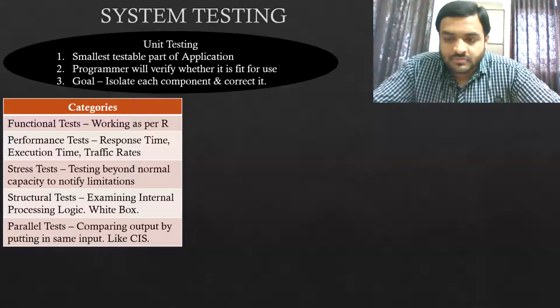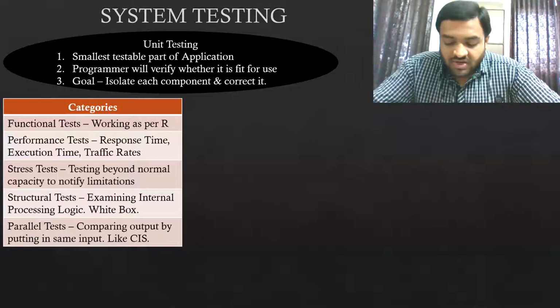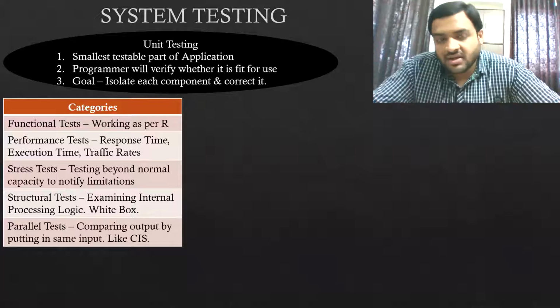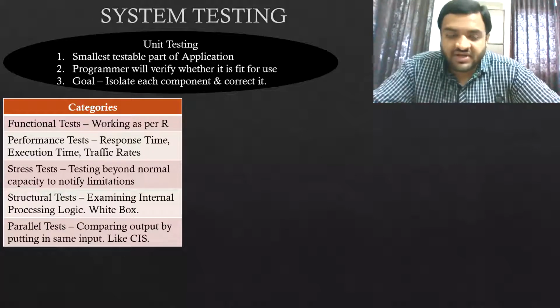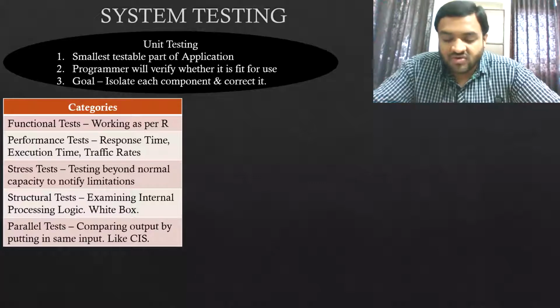Chapter 3, output controls. Yes, output control or communication control? Communication control, sir. In communication control, we had channel access control. In that, we had pooling method and contention method. So for traffic rates, you can remember that. By doing that, we will test the performance, or what is the time required, and what is the response time and execution time. Then stress testing.